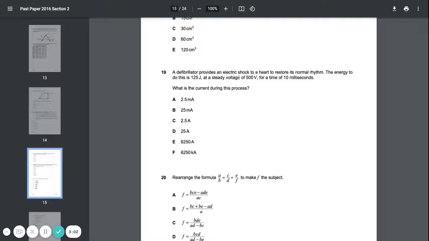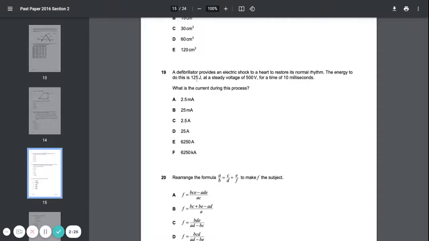Okay. 19th. A defibrillator provides an electric shock to a heart to restore its normal rhythm. The energy to do this is 125 joules at a steady voltage of 500 volts for a time of 10 milliseconds. What is the current during this process? So to find our current, we know that power is equal to voltage into current, and power is equal to energy over time. So we convert 10 milliseconds to seconds. 1 millisecond is equal to 10 to the power minus 3 seconds. So this will be